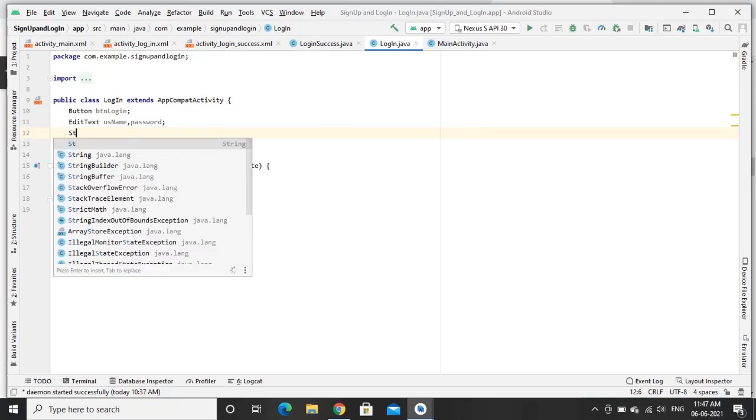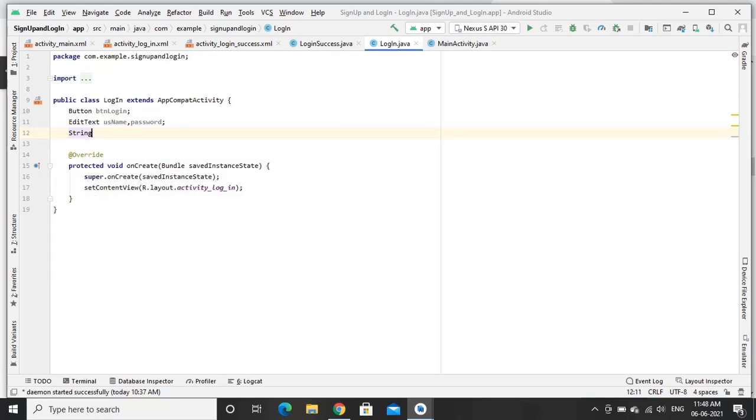For that I require two string values, let it be str uname and str password. And later I will create all the references for those things with findViewById.